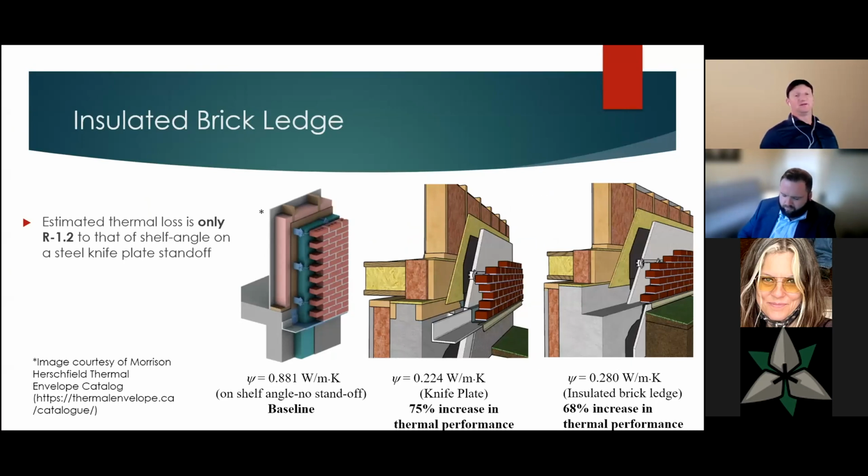So that's great to know. It's also good to know how our other traditional ways of building are performing. So there were concerns with insulated brick ledges. Are they not going to meet the values that we need in order to have net zero? Actually, it's interesting to note that there's only about a 1.2 R loss from using a shelf angle on knife plates versus a standoff. So if I look at the baseline where it's directly bolted to the foundation,